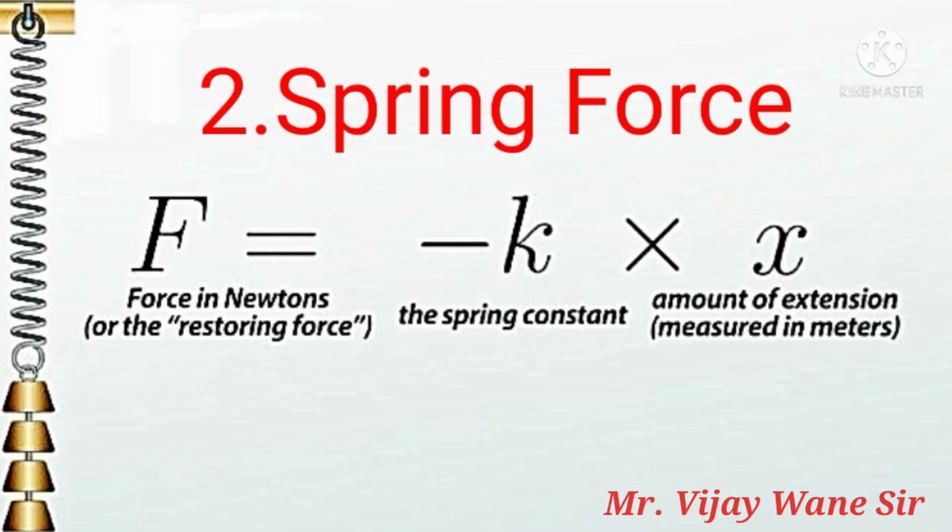The second one is the spring force. Fs is equal to k into x, where k is the spring constant and x is the displacement. I will teach you a little bit about this. You might have seen a spring. If we try to pull it, the spring will try to bring it back. If we push it, again it will try to bring the spring to the original position. In this way, the spring tries to keep its position at the original position. So this is also an example of a conservative force.